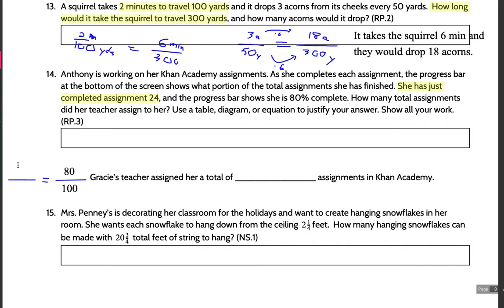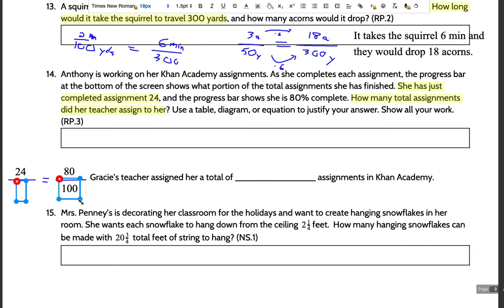Another way you could help figure this out is this says, how many total assignments did her teacher assign her? We don't know the total. We know some of them. So 24 goes here, and we are solving for this one, whatever's down here, the whole number, 100% of the